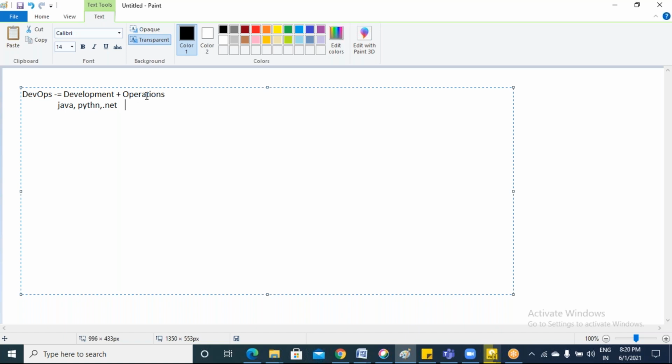Operating means we will be building that code using certain tools, and deploying it into servers called deployment servers, and storing it in storage repositories and other things, all with different tools. So development plus operations are both related to the DevOps part.